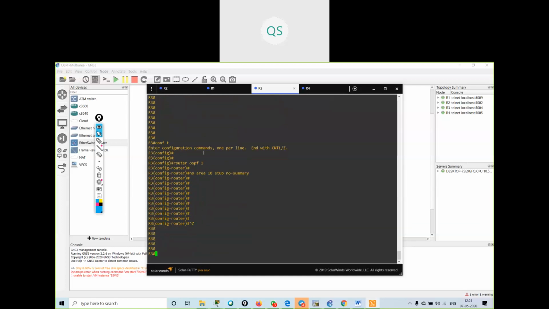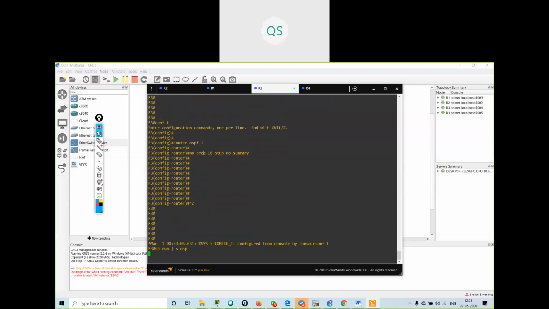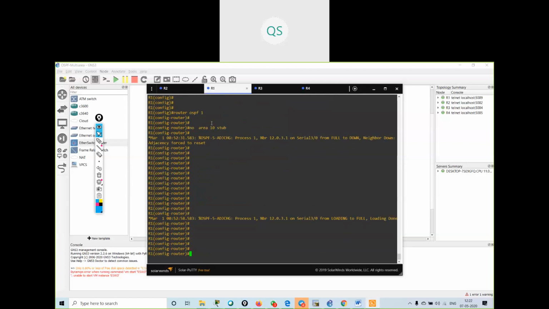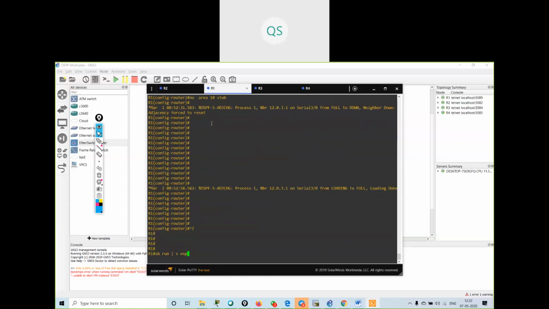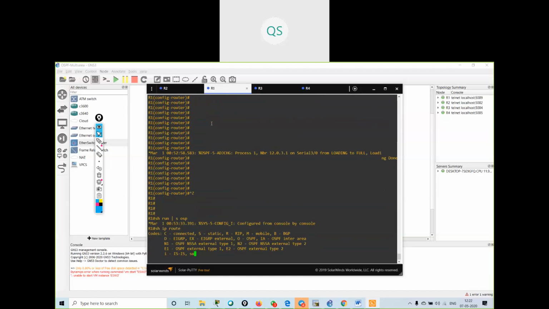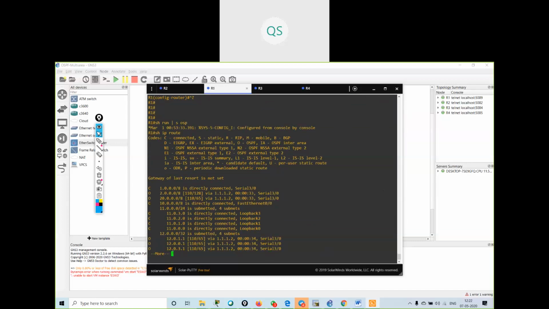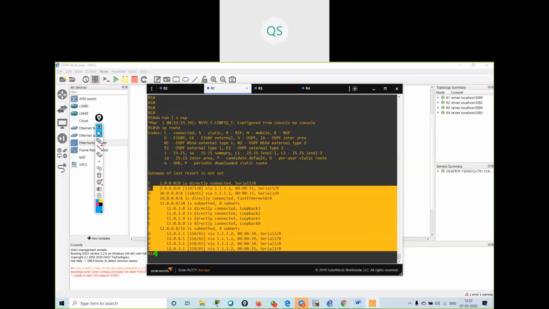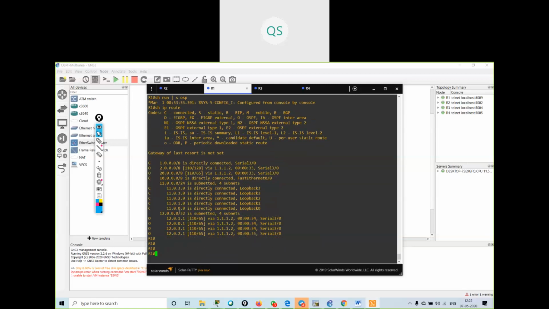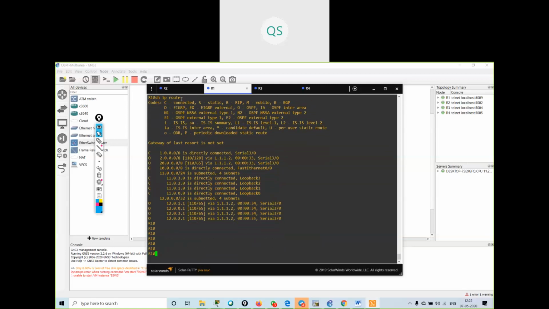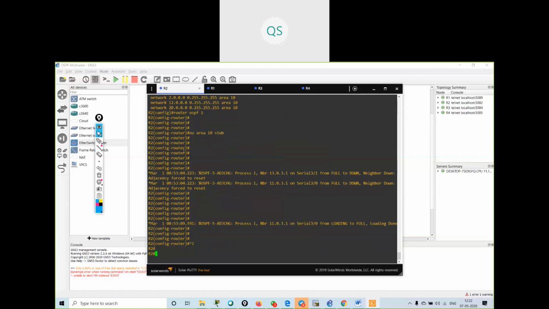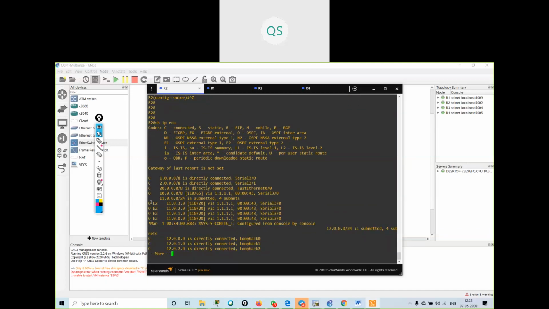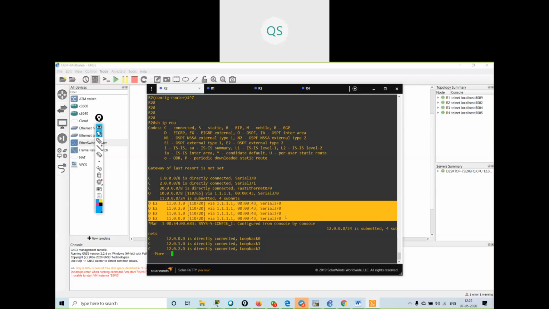Okay, I can verify with show run. I'm not having any commands. If I go over here, I can see all the routes. Show ip route. I can see all the routes over here on R1. It will take some time to get updated. I am getting E2 routes over here, 11.network.